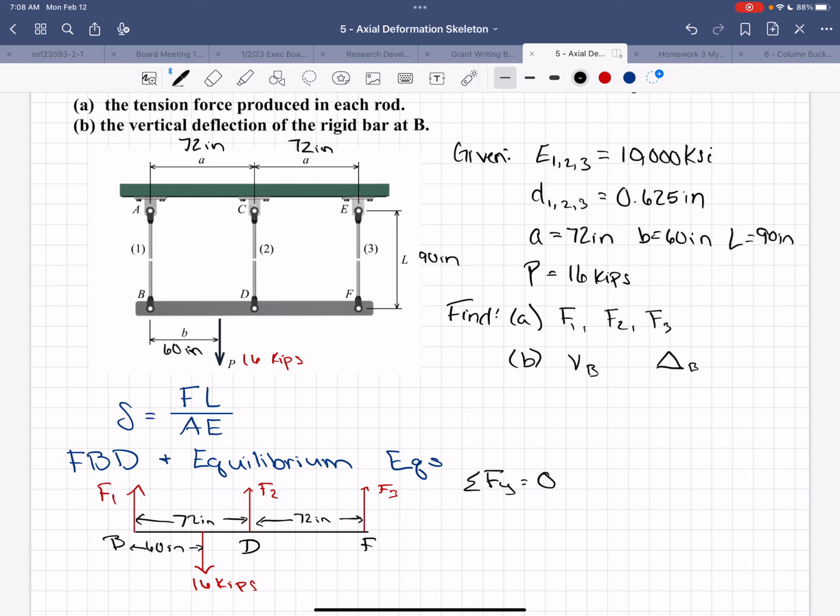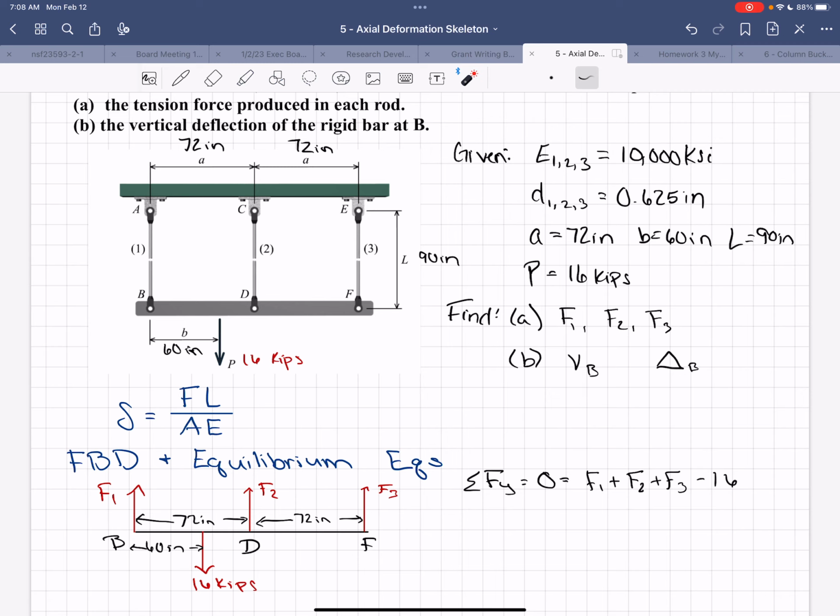And that equals 0, and it's going to equal F1 plus F2 plus F3, minus 16, all equals 0. So we have one equation with three unknowns, but we have another equation, so we can take a moment about